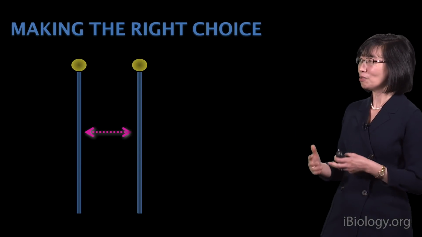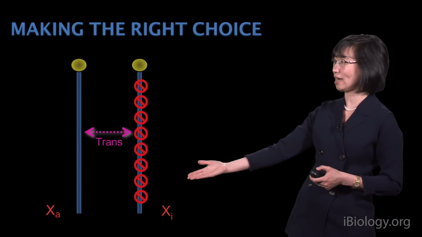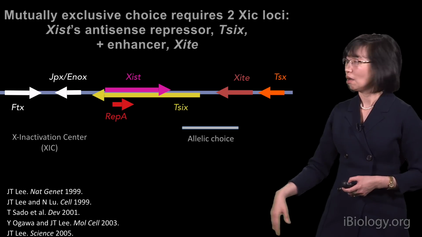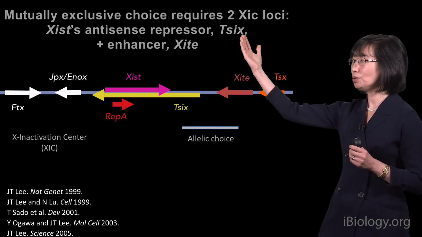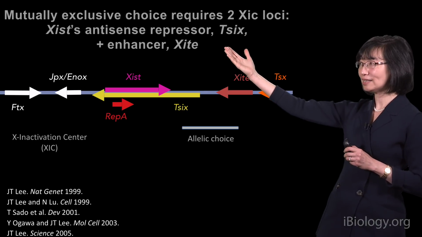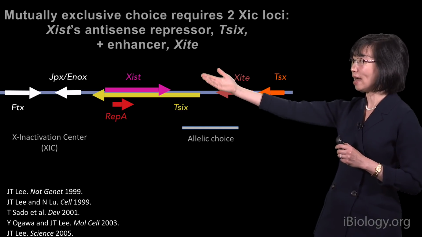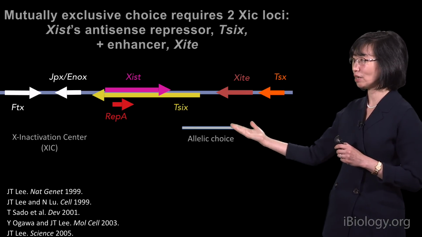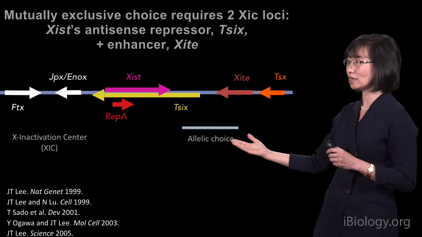And again, we believe that there is a communication between the two chromosomes such that when one chromosome is chosen as the inactive one, the other one is instantaneously the active chromosome. So this mutually exclusive choice, which is what we call it, requires two genetic loci at the X inactivation center. One is Xist's antisense repressor called Tsix, shown here in yellow, and the other, its enhancer, shown here in brown, called Xite. The region that's responsible for choice is this 15 kilobase domain that encompasses Tsix